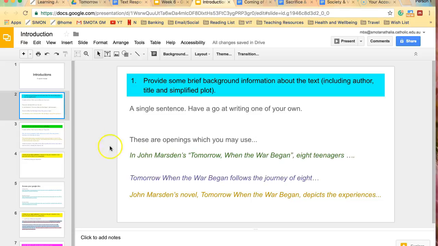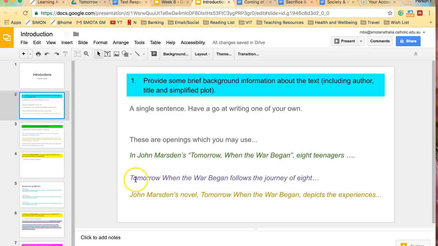So you might start with any of these 3 sentences here, or any of your own. You've made some up. They're already in your exercise book. If you have a look back at the one you stuck in from the introduction planning lesson last week, you will have one ready to go. So you're more than welcome to use that, or you can kick off and use a new one using these